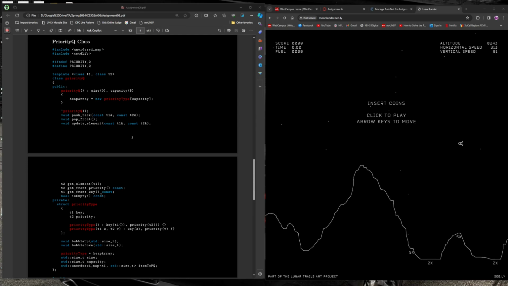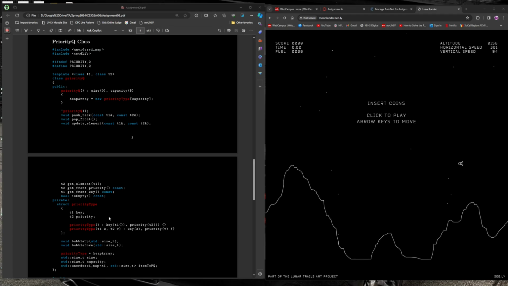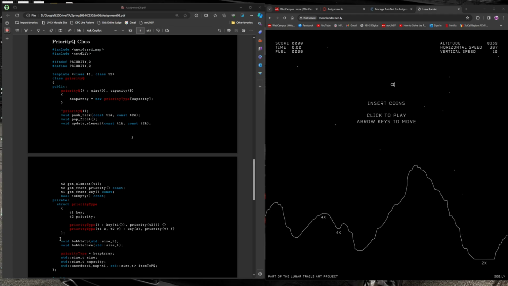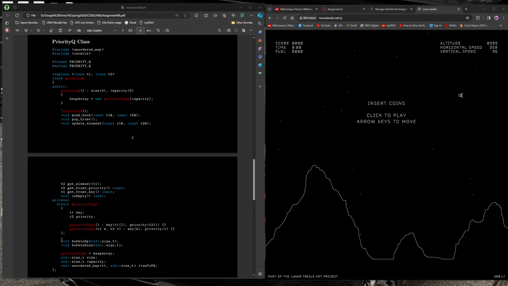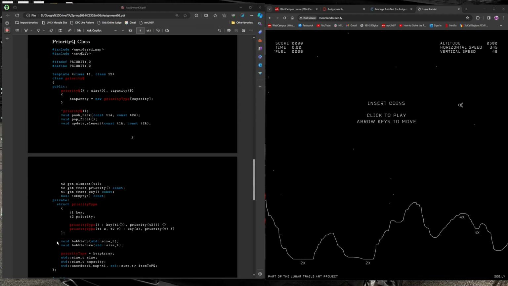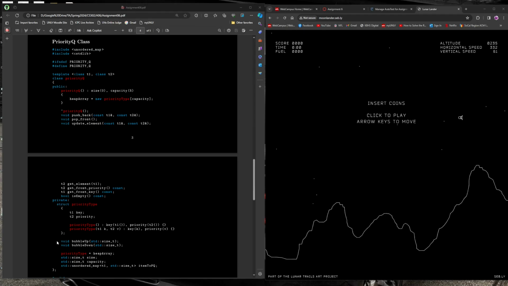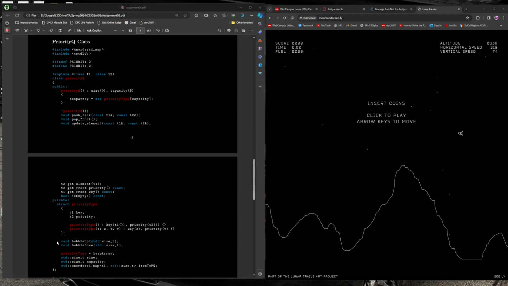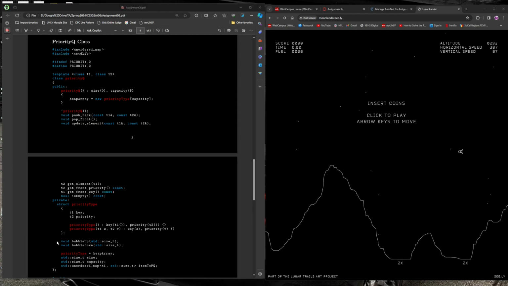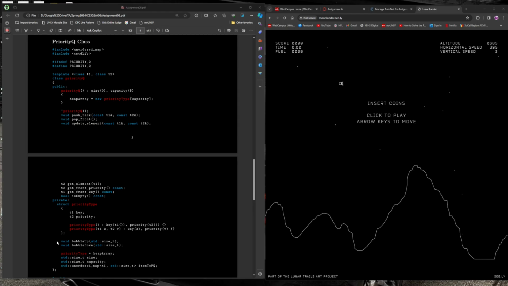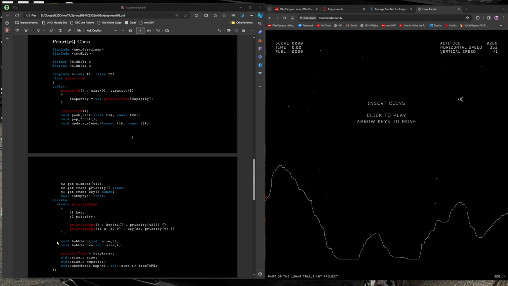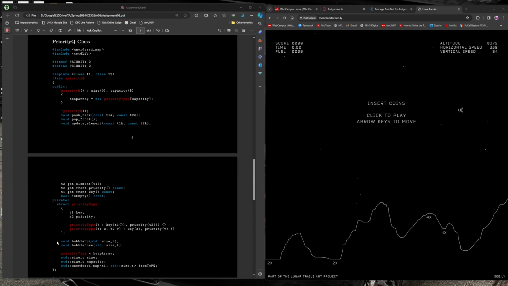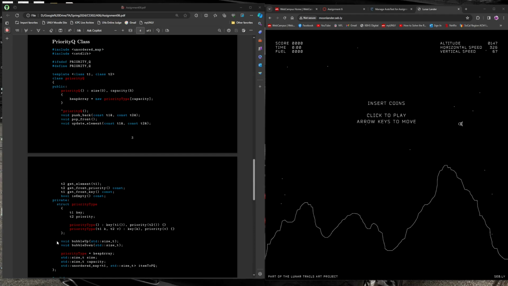Actually, before I move on, you also have to implement bubble up and bubble down, the same way we did it in class. You have to constantly compare the parent's priority. If it's less than both children's priority, then everything is okay. But if the parent's priority is not less than either child, then you have to bubble down. And of course, for bubble up, same thing. You can always compare with the parent, and you always compare the priorities,